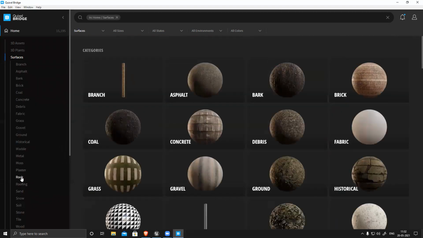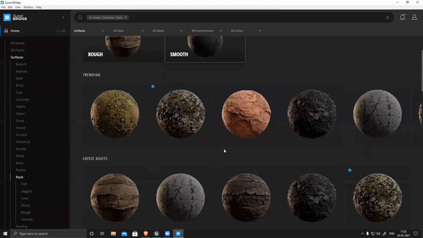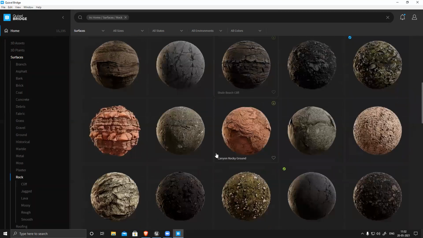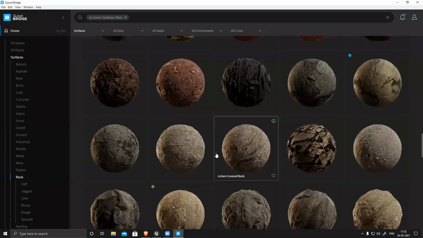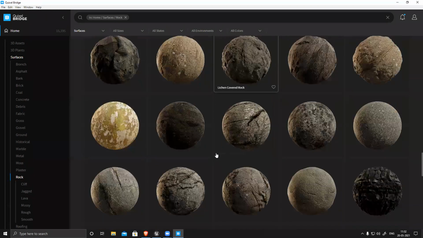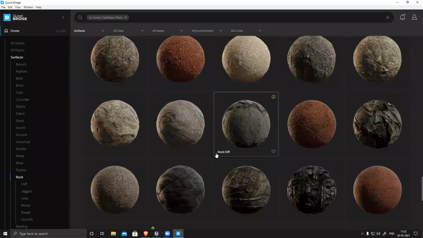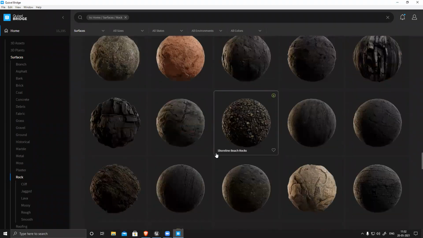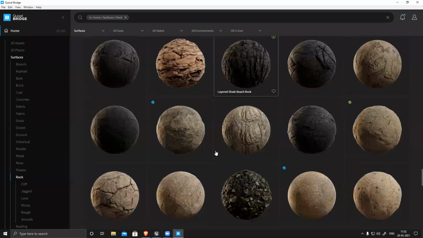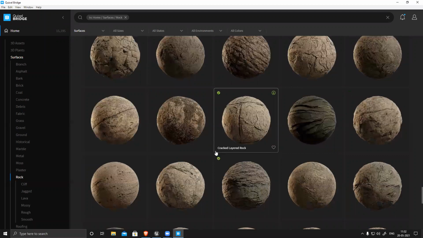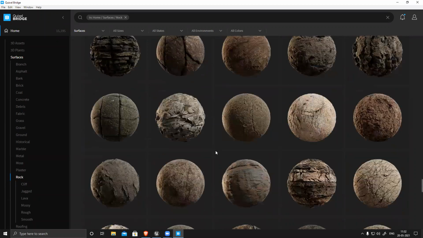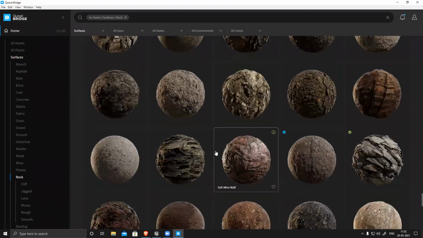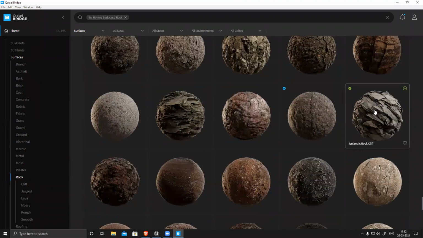Surface rock. Where is that rock? I guess this one.